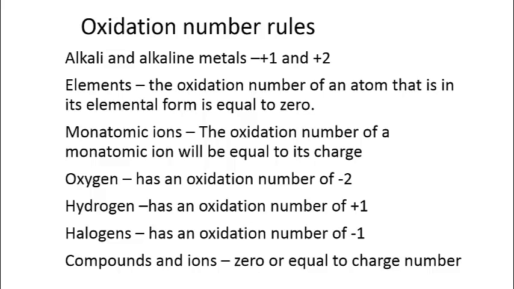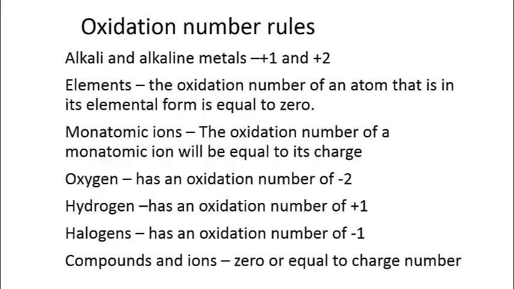Monatomic ions: the oxidation number of a monatomic ion will be equal to its charge. Oxygen generally has an oxidation number of negative 2, except in instances of peroxide compounds. Hydrogen is generally positive 1, except when it is in a binary compound with a metal, where it will have an oxidation number